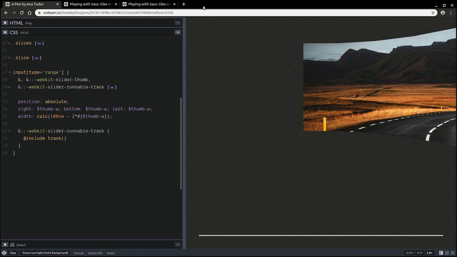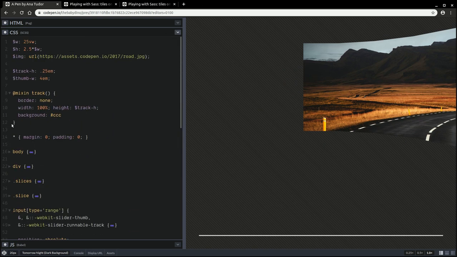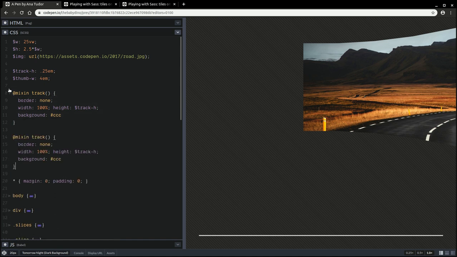Okay, now this is the track. Let's do something for the thumb. I think we're just going to start with copy pasting this, and this is going to be the thumb width. Okay, make this crimson. Okay, now something we want to do,